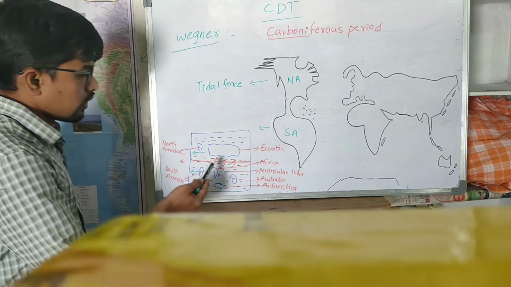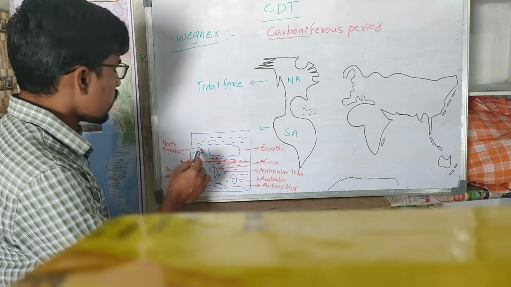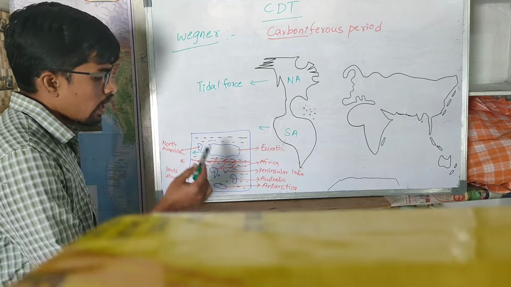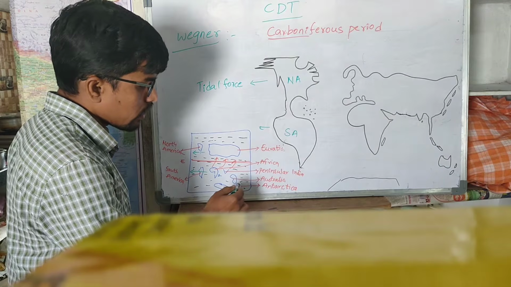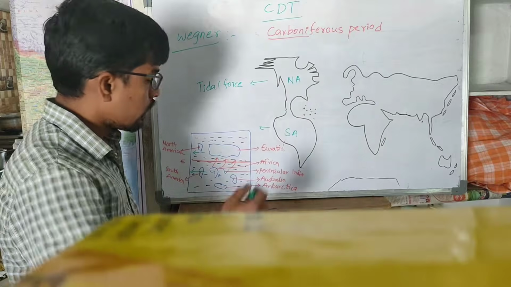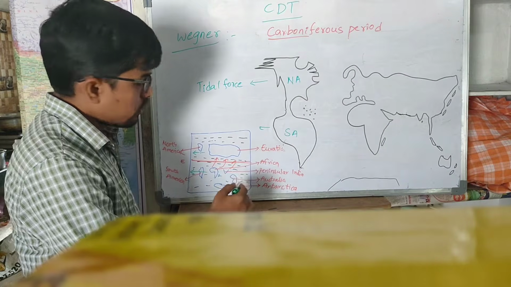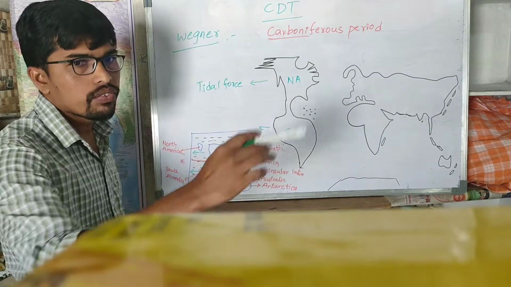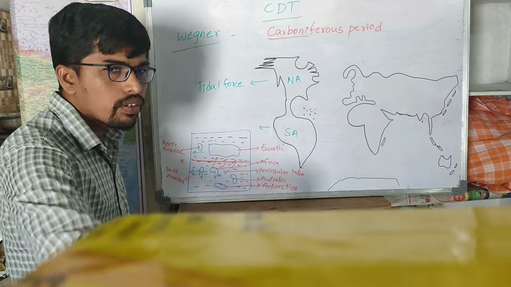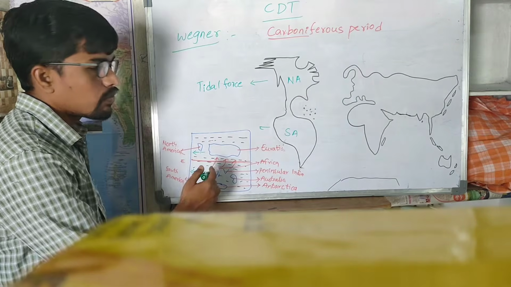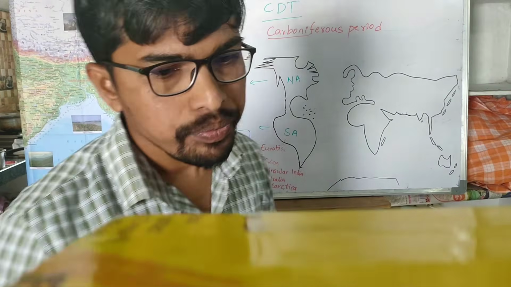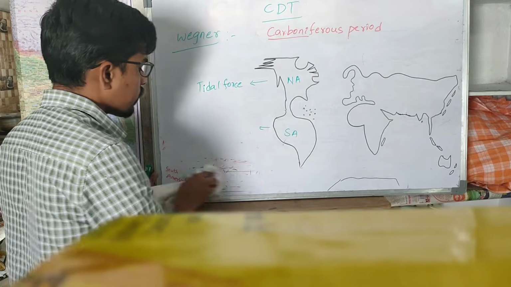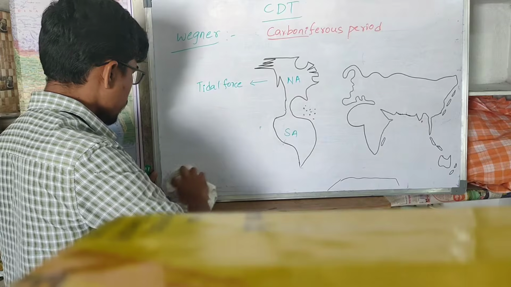After that, due to the tidal force and the gravitational force, North America and South America are drifting towards the westward direction, and Africa, Peninsular India, Australia and Antarctica started drifting towards the equatorward or the northward direction, where the equator is. They moved in that direction because of the gravitational force, according to Wagner. After this, Wagner also explained that